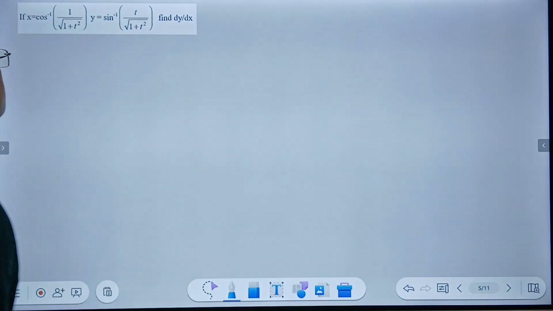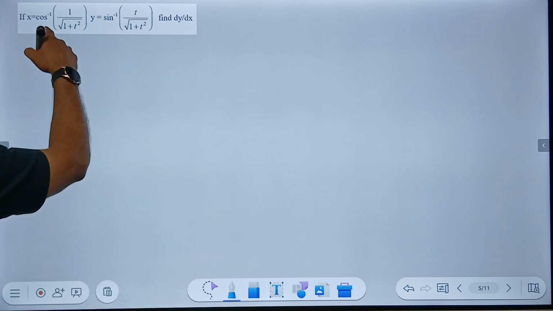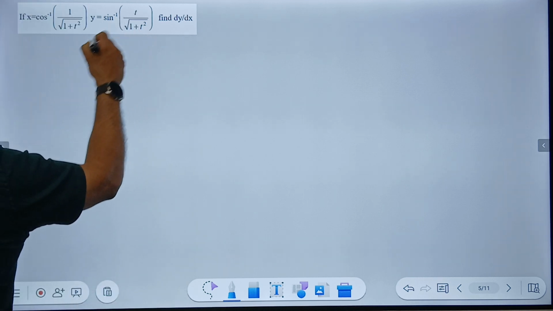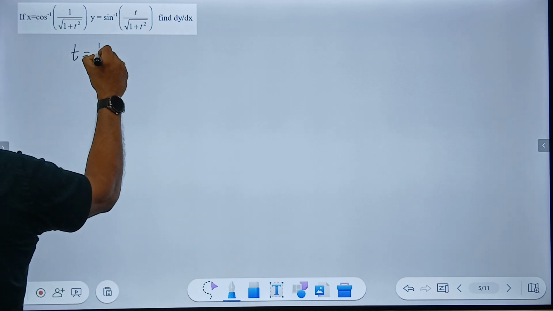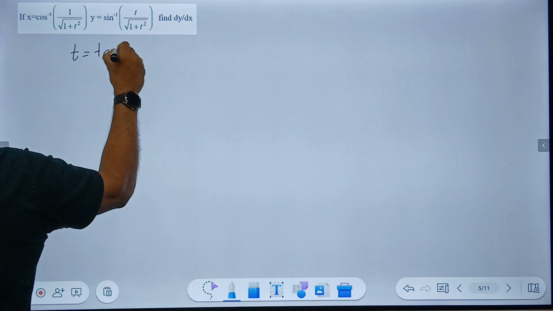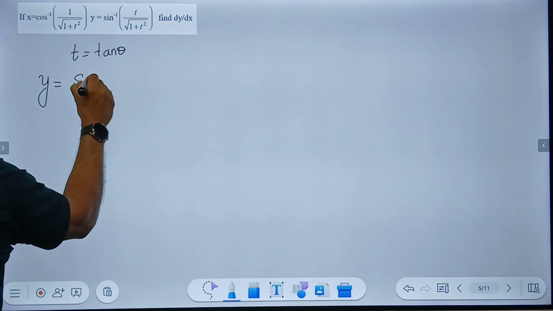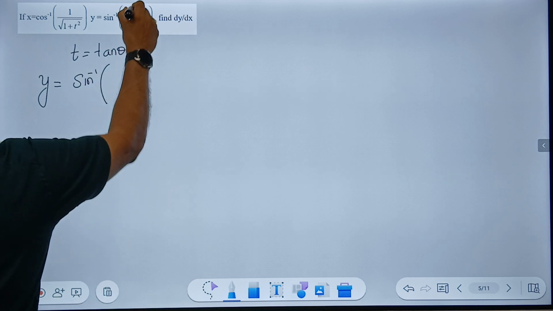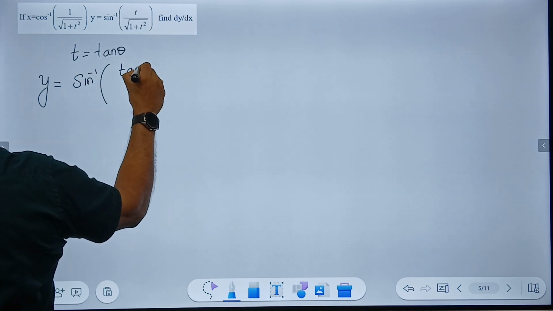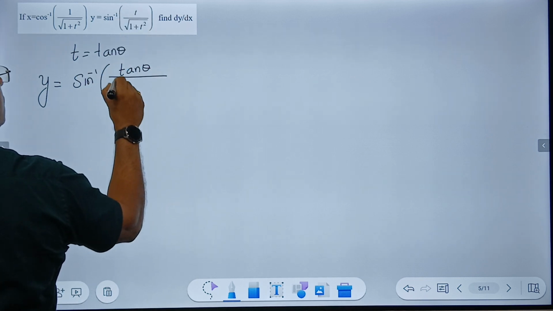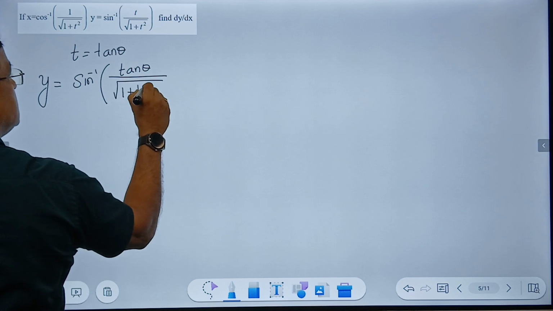Now let's go to the next question. Here it is root of 1 plus t square. So I will put t as tan theta. When you put t as tan theta, let us see what y is. y is sine inverse of, in place of t I put tan theta, divided by root of 1 plus tan square theta,